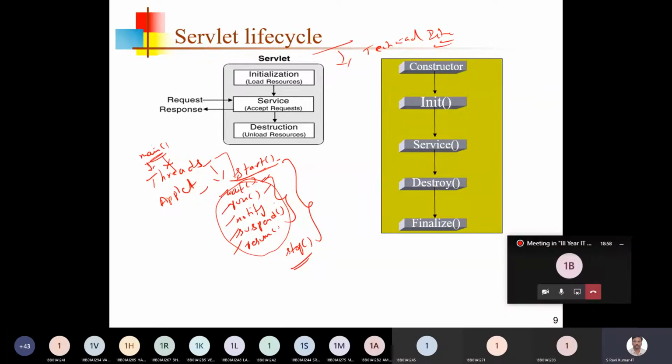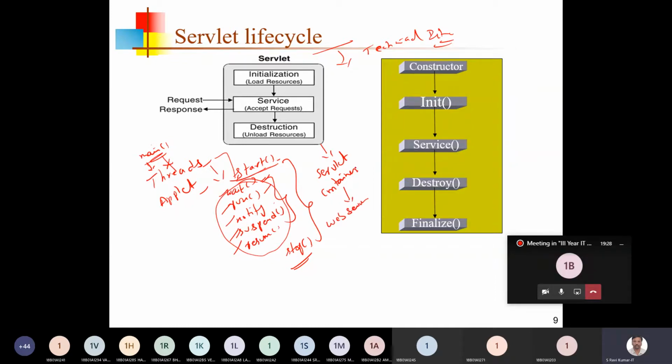As threads and applets have lifecycle methods, in servlets also we have lifecycle methods, and these lifecycle methods and the states of the servlets are maintained by the servlet container, which is there in our web server.